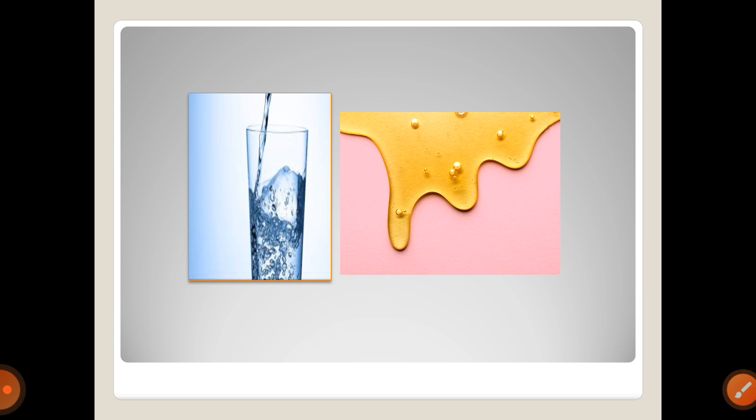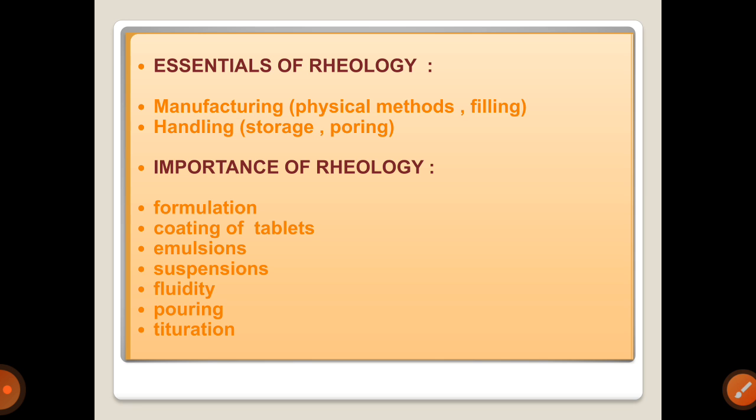In the liquid, air entrapment is there, but because water comprises water and oxygen, they are completely miscible with each other and exist in one phase. What is meant by one phase? It means the water is not in another phase or appearance, and the oxygen is not an air bubble in water. So they are completely miscible, forming a one-phase liquid: completely one appearance, one shape, one behavior. That is why we study rheology.